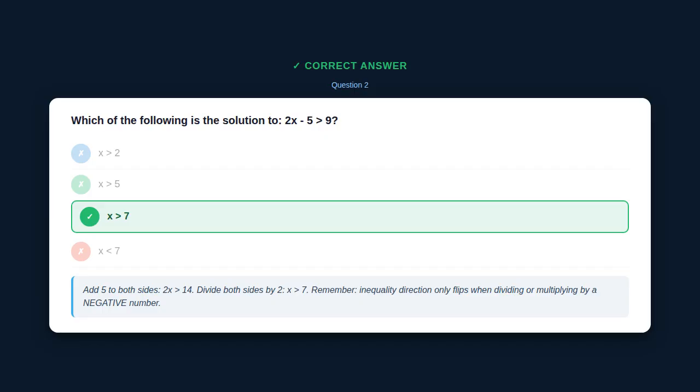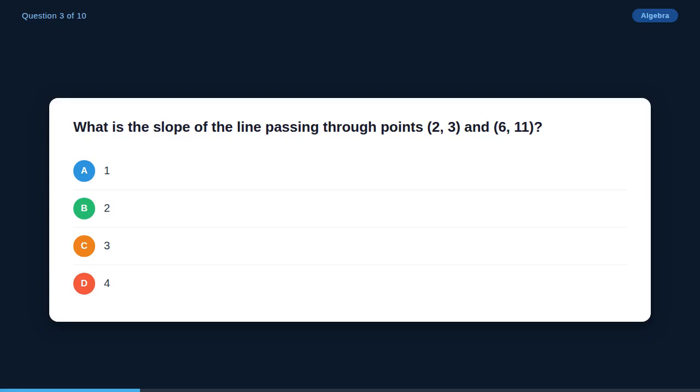Question 3 of 10. What is the slope of the line passing through points (2, 3) and (6, 11)? Option A, 1. Option B, 2. Option C, 3. Option D, 4. Take a moment. The correct answer is B, 2. Slope equals (y2 - y1) / (x2 - x1) equals (11